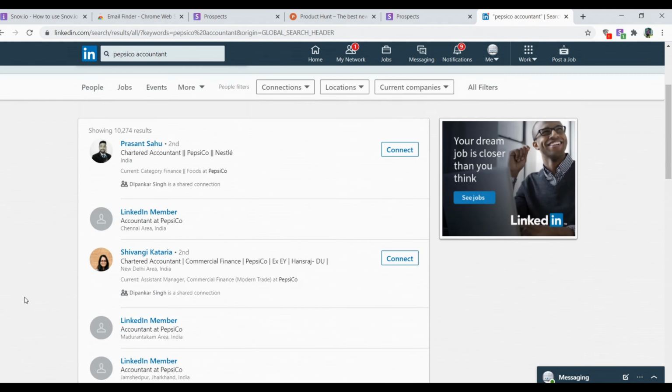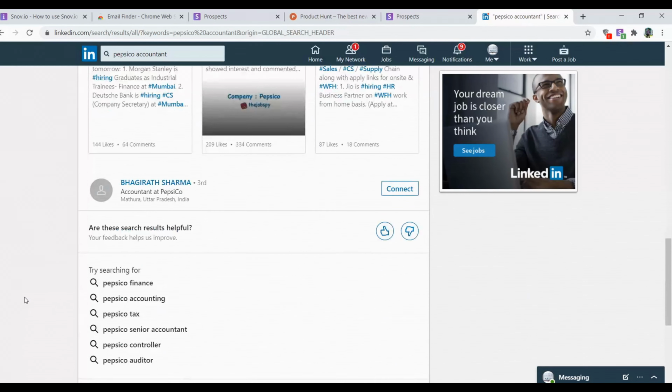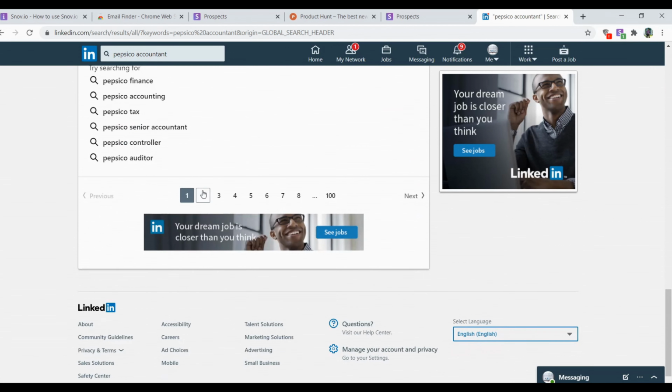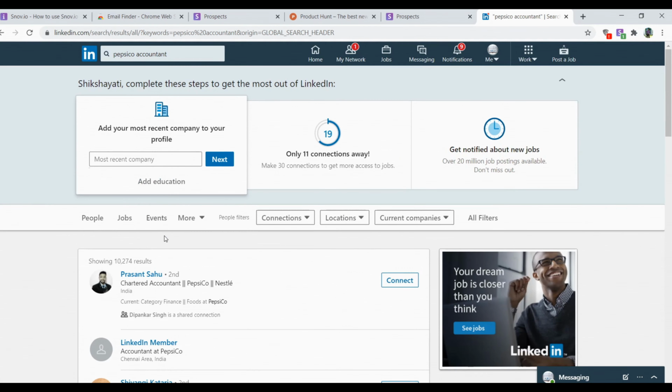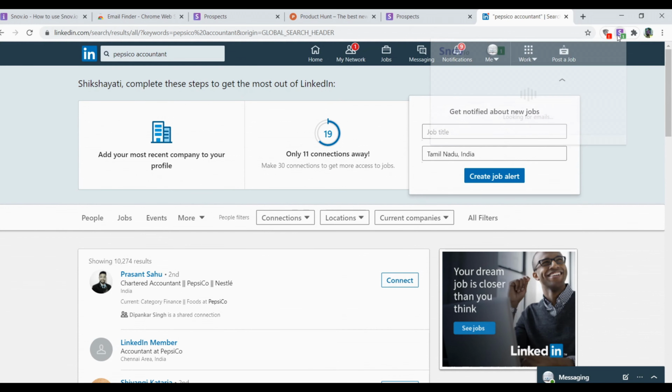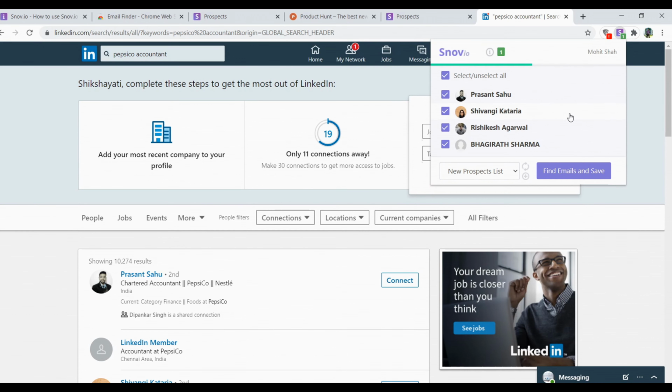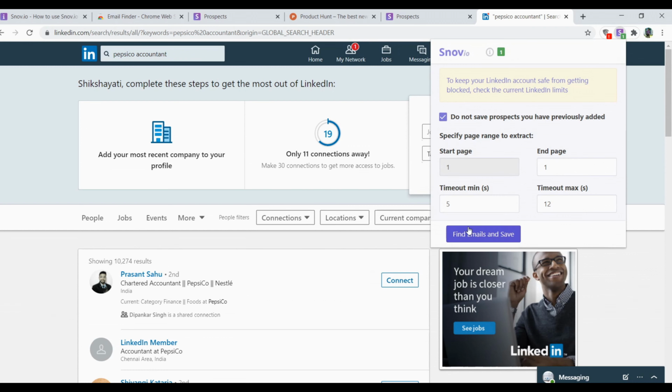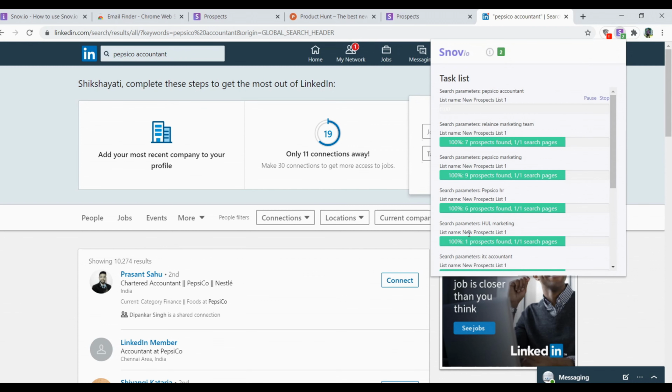you can see a number of lists got added. So we have one, two, three, four, multiple pages. We can go to each page and go to the software and try to extract the email ID. You have to click on this button where it says find email and save.